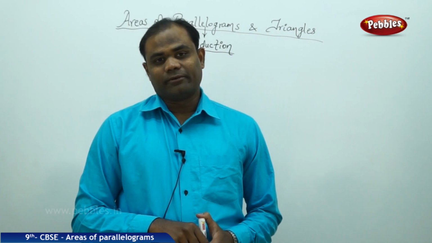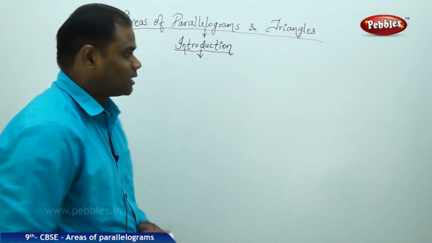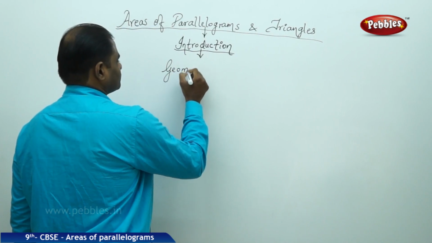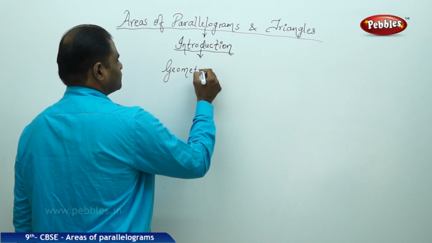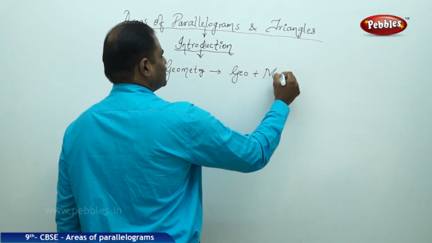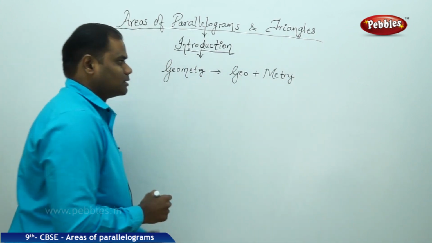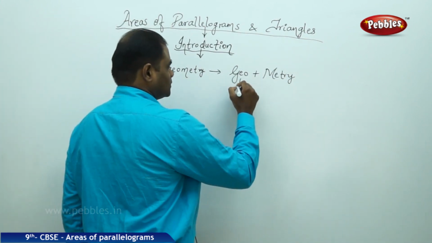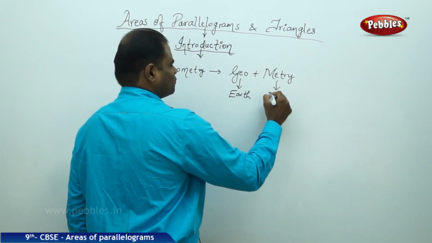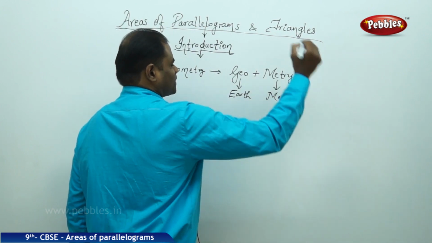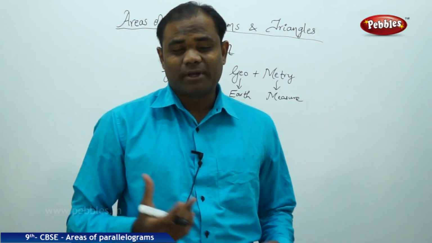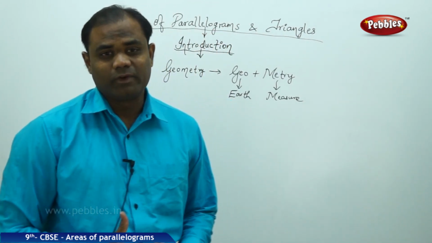Let's recap with geometry. We have previously come across the concept of geometry, which was referred to as geo plus metry. That is, geo stands for earth and metry stands for measure. So measure of earth, or measure of the agricultural fields or measure of the land, is from which geometry